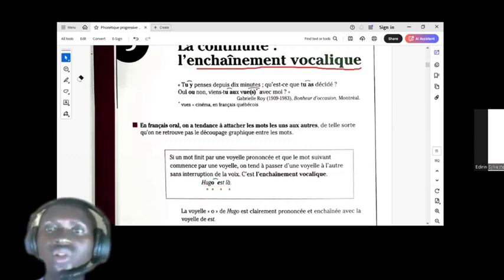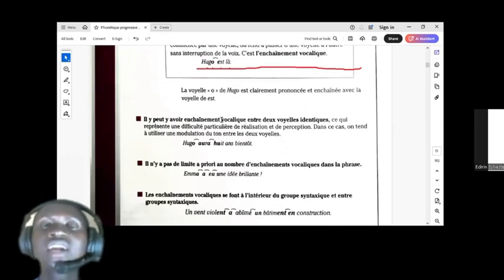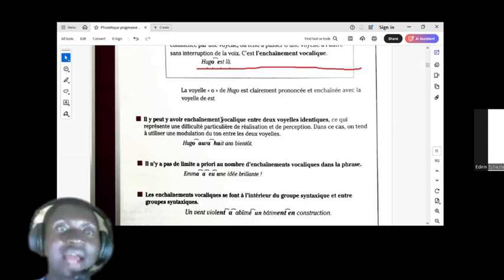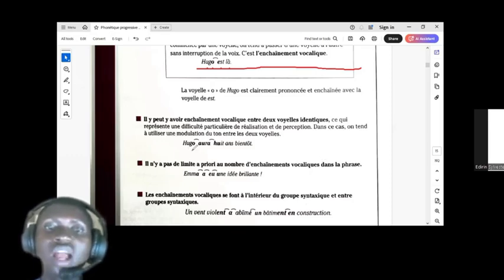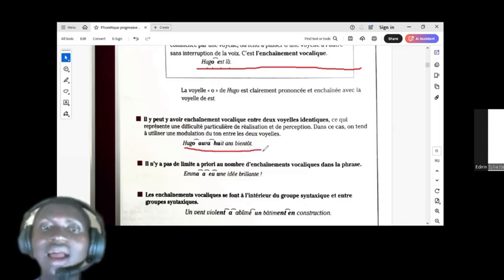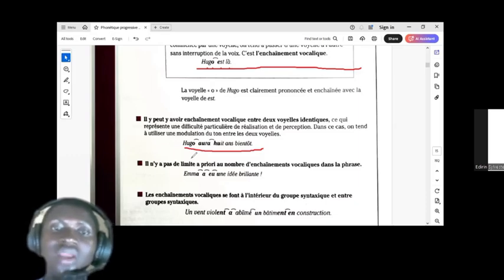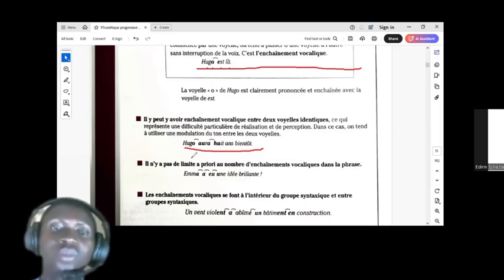As we look at this enchaînement vocalique further, without spending too much time once again, enchaînement vocalique can be with two different vowels pronounced, like O and E for "vous êtes là." At other times, it could also be for the same vowels pronounced. For example, look at this statement. You have "vous allez... à bientôt." The O in "vous" is O. We have "allez," the same O. So the same vowel, but it's also linked. So you can have enchaînement in that manner.